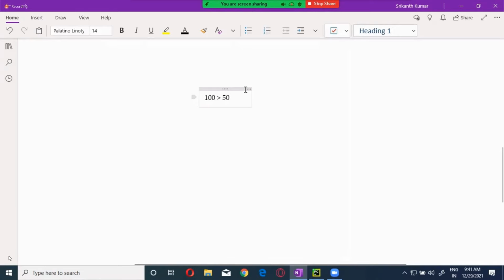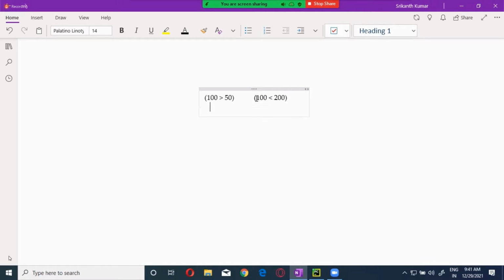Now, for example, this is a conditional statement. If I have one more conditional statement like this, this is one conditional statement, this is another. When you are comparing the output of these conditional statements, that can be done with the help of a logical operator. What is the output of the first one? True, right?